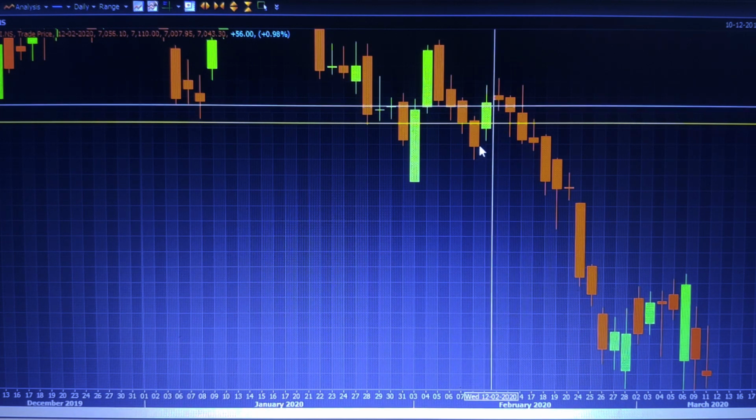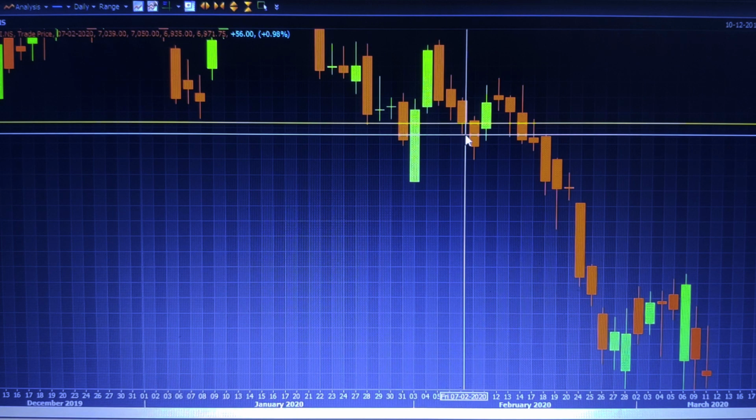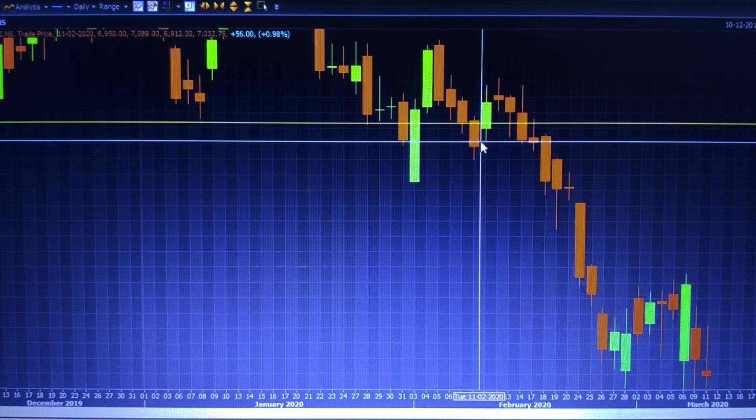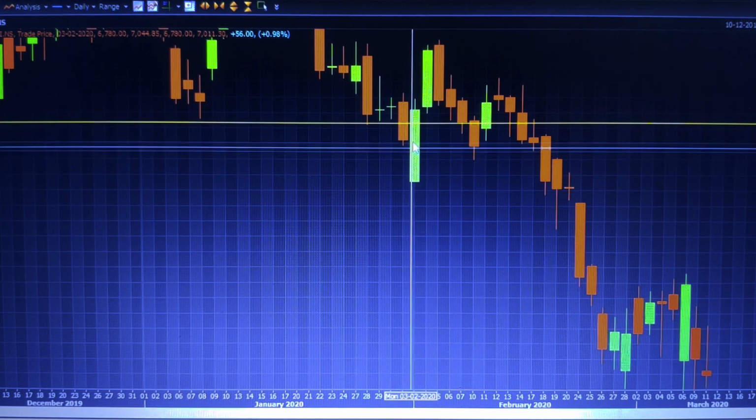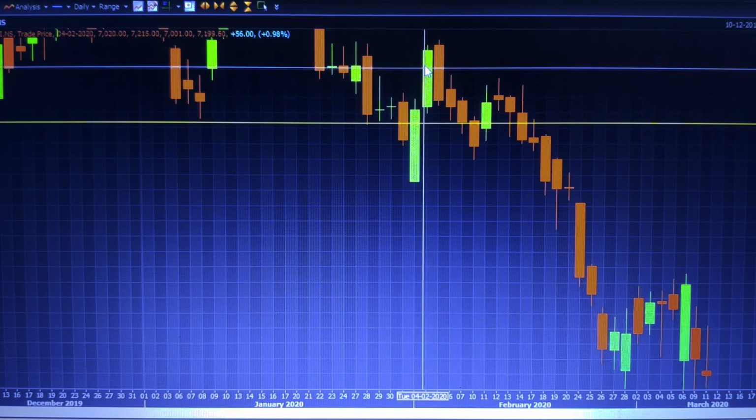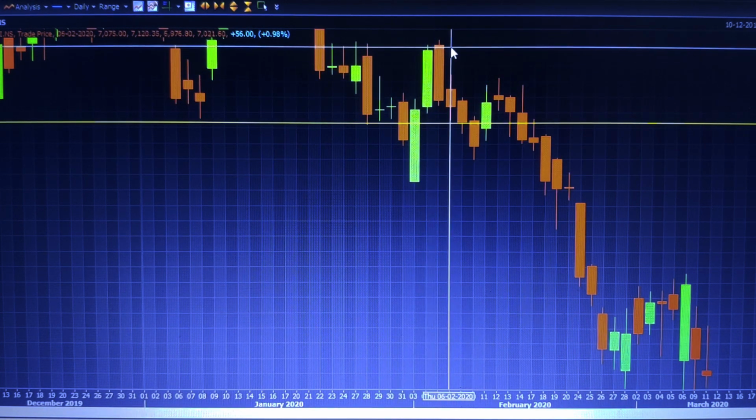Secondly, you are placing the order at the previous high. Suppose you place an order here, then your order will be executed here. But the problem is that again it came back into the support level area. So there also you may lose some money. So these three things are there: at the actual breakout, at the high of the previous candle, and the third one is to wait for the confirmation.